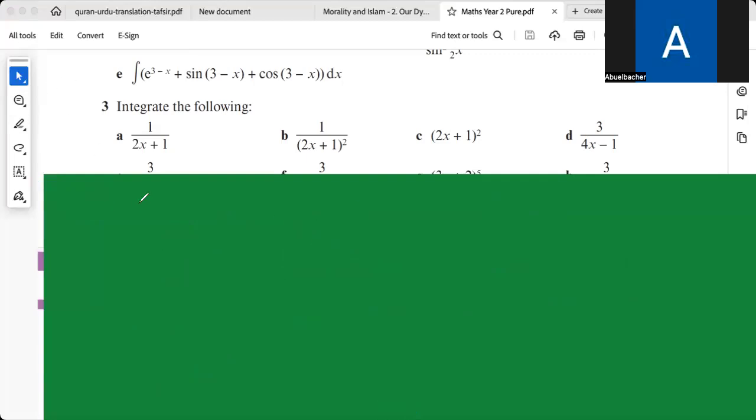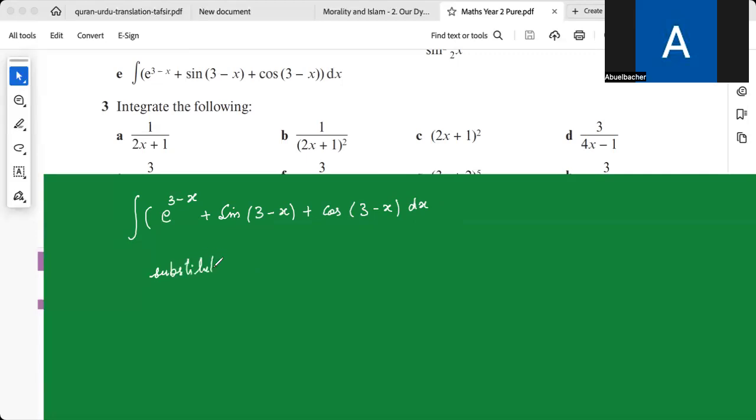The situation is the following: the integral of e power 3 minus x plus sin 3 minus x, then plus cos 3 minus x into dx. Now, there is also another method to solve these kinds of questions, which we call